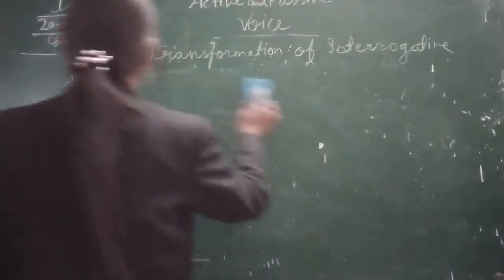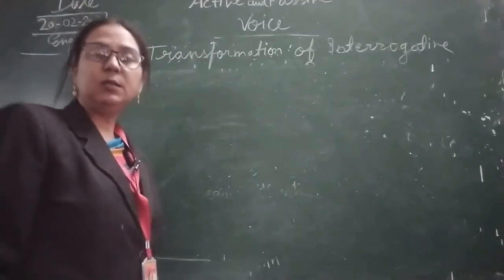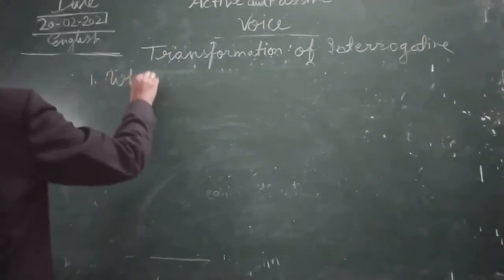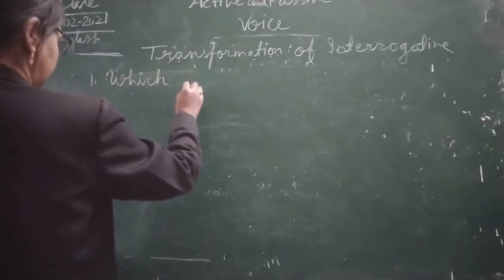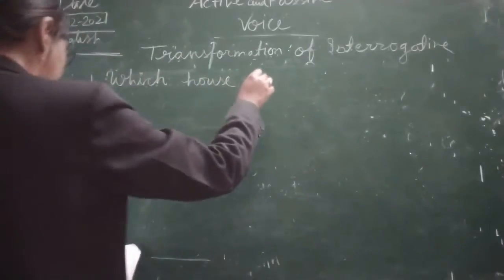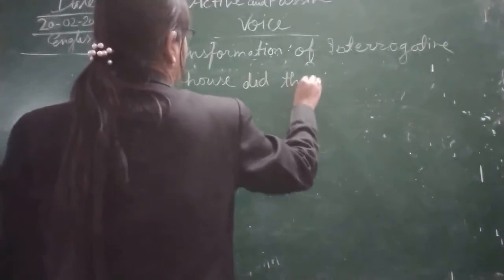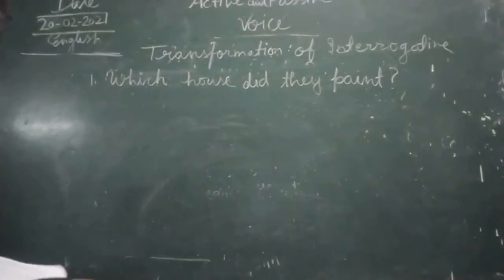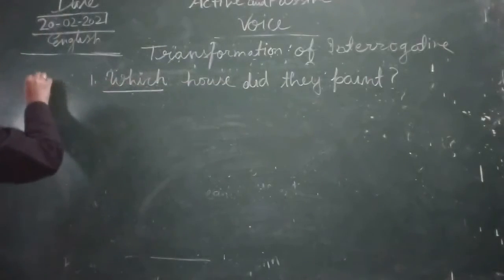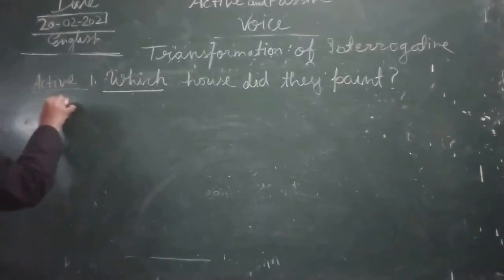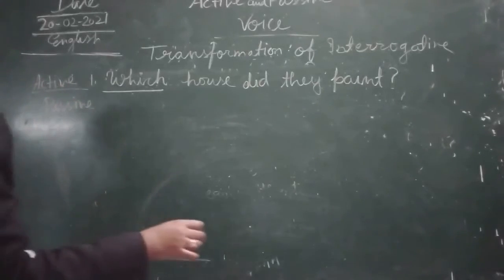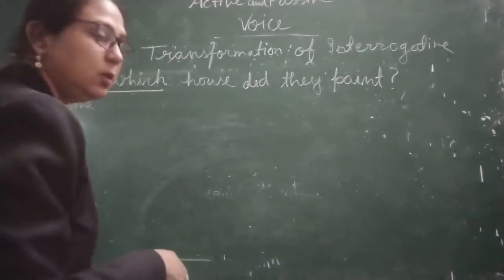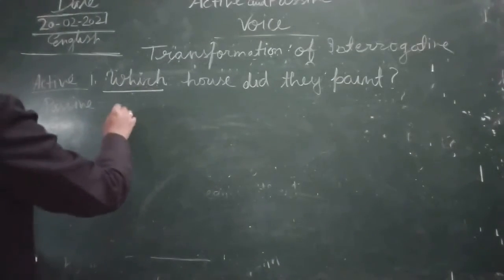We will learn to solve the exercises in this form if the sentence is started with WH words. So here, first is, which house did they paint? Okay. Now here children you can see it is written which. This is active voice. So how we will change in passive voice children? Simple, only and only because we have discussed that which will remain same, we will retain this word in the passive voice also. Then what we will do? Which house